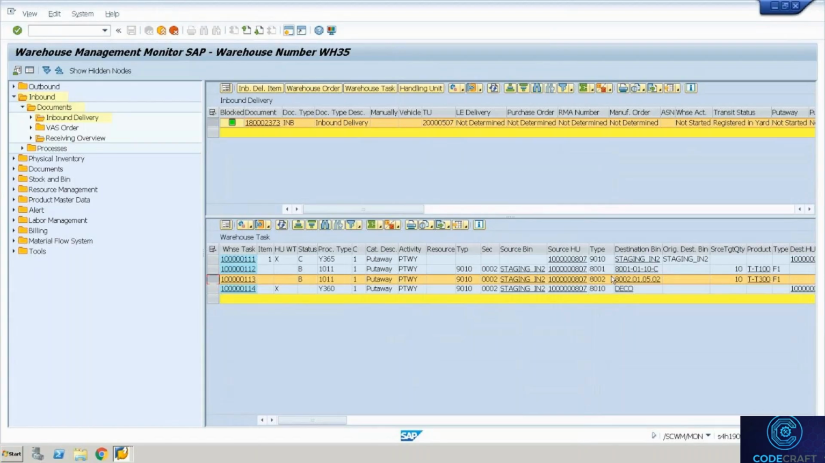If at all there was no requirement, if I just bring one product into the warehouse, then this deconsolidation will not be applicable after unloading. Directly, it will try to put away. Okay, so this deconsolidation step was generated because